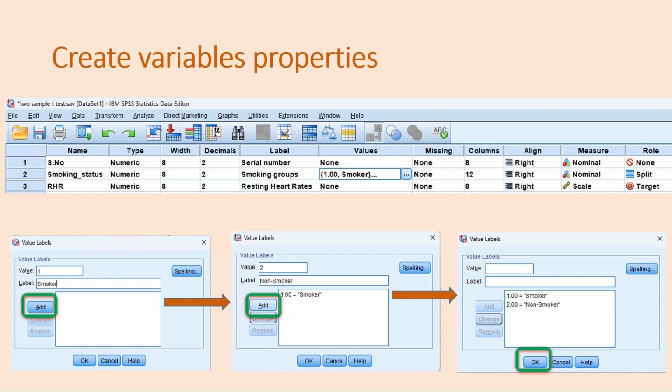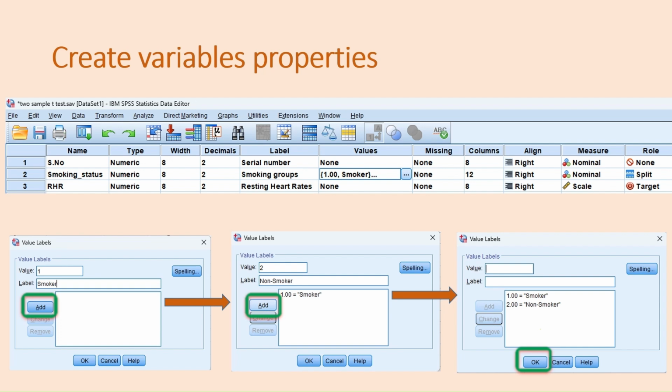In the values column, we fill in only the categorical variable. Our categorical variable is smoking status. The other columns, missing, alignment, measure and role, stay as they are.